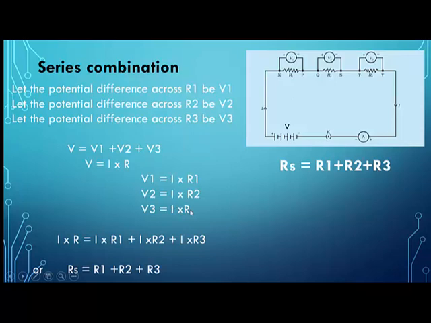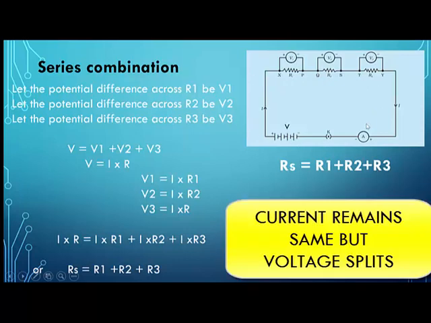Okay. Now, whenever the resistances are connected in series, the current, whatever current starts from the positive terminal like this, goes like this, goes through R1, goes through R2, goes through R3 and comes back to the negative terminal. Whenever the resistances are connected in series, the same current flows through all the resistances and the same current is flowing through the entire circuit. The current doesn't get divided in a series combination. I am repeating, the current does not get divided. Same current flows, because look at this combination.